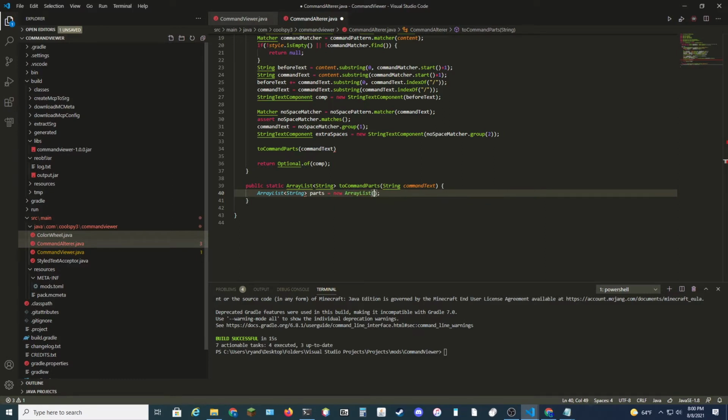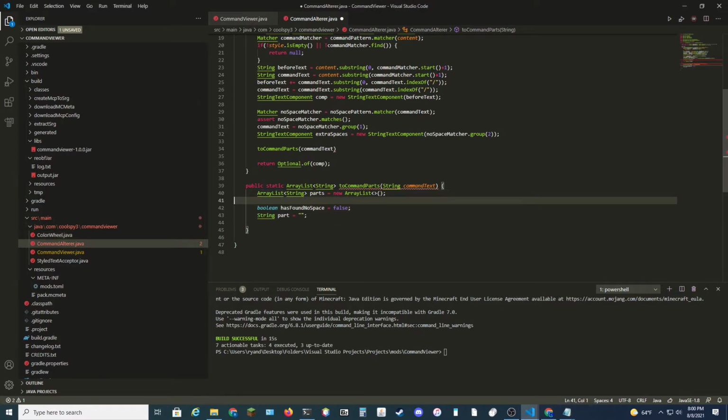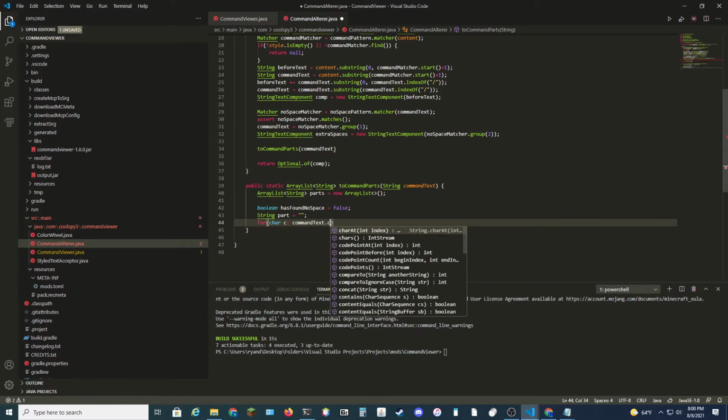We're just going to create an array list like so, and then boolean hasFoundNoSpace is false, string part is blank. So how will this work? Simple. We will, for character in